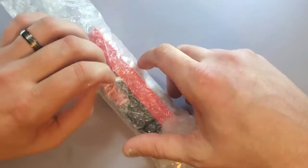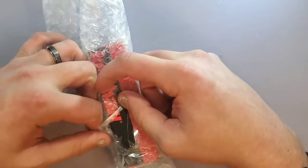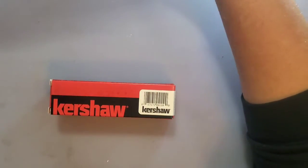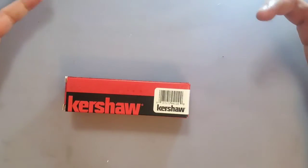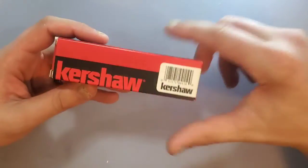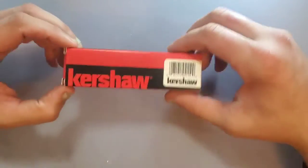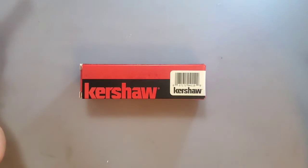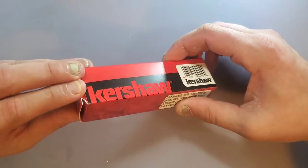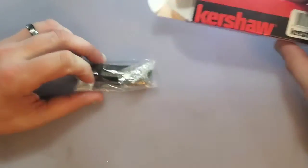As I said in my last video, I really think Kershaw's Launch series deserves a little more credit than it's given most of the time, because they don't really compare Kershaw Launch with the ProTech Newports or ProTech series. And I get it, ProTech is super high quality, and I'm not knocking ProTech by any means. But I am saying those of us that don't want to spend hundreds of dollars on a certain ProTech, which sometimes they're cheaper, can find these Kershaws in great blade steels, 154CM, CPM 154, for anywhere from $80 to $120. While we usually think American-made brands are more expensive, both Kershaw and ProTech are American-made brands, and Kershaw's doing it very...